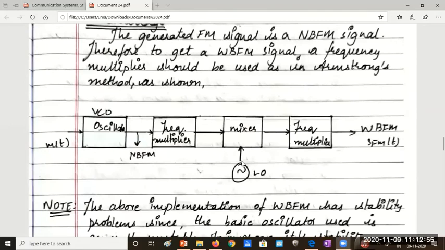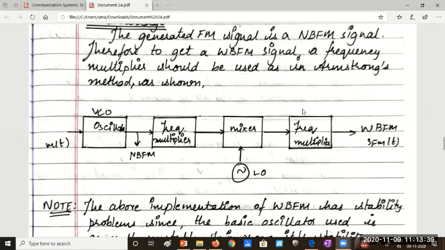Do you all remember what is this frequency mixer? We had spoken about this when we discussed amplitude modulation. We spoke about a circuit called a frequency translation circuit, also known as the frequency mixer. What is the job of this mixer? It will accept a local oscillator signal and an input signal. The output it's going to generate will be the sum of these two frequencies as well as the difference. I will have sum and difference components at the output of the mixer, out of which usually we choose the difference frequency, and then the second stage multiplier is implemented.